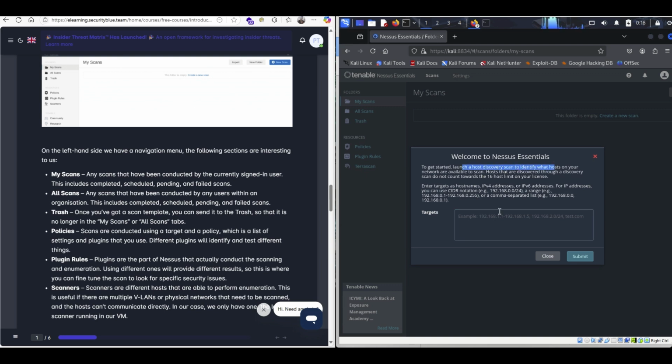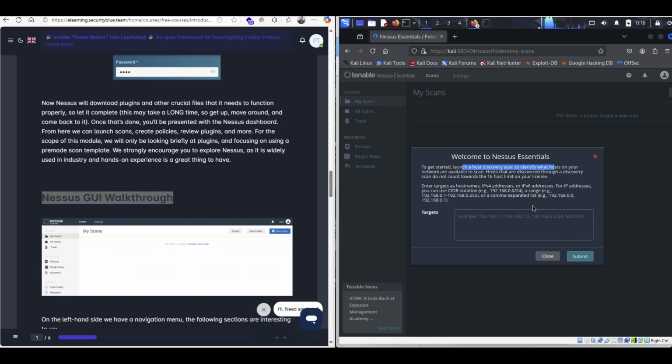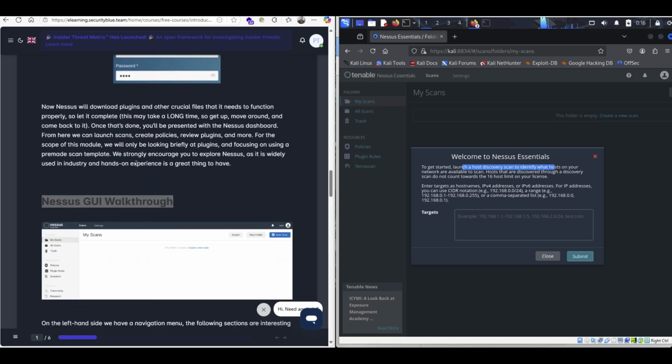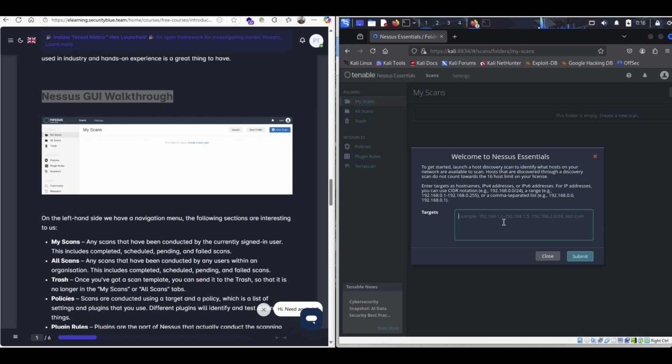Something it is asking us to do here, and it's not stated in the lab guide, is to define the target or the host name. However, we do know what we're trying to do. So it's basically trying to do a host discovery scan to identify what hosts are available. So we've got that virtual machine for Metasploitable, and the IP address for it is